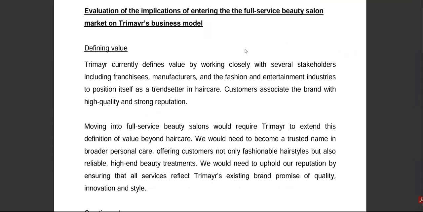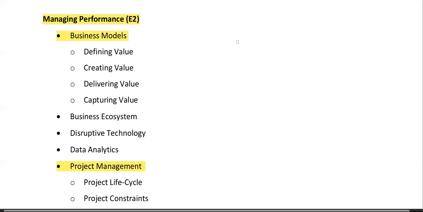All right, so with regard to business models, remember, you could be tested on the impact of a business decision. It could be a new development. It could be an issue relating to the existing business processes, operations. It could be anything, but it will definitely be a new development. And you could be tested on discussing or analyzing the impact or the implications of that development in Trimayr's existing